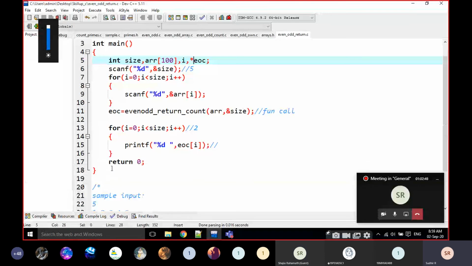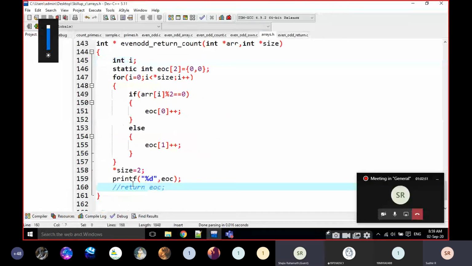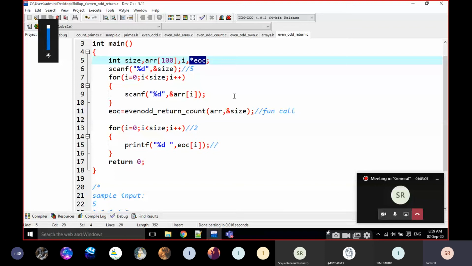That's why if I am going to pass the address, here I am returning the address, right? I am going to catch with pointer. Okay, I am going to catch with the pointer. I am going to take star EOC. That's why address is going to be catchable with only the pointer, right? Every time it is going to be catch with pointer only. Now, I think it is clear, right? Why I am writing star EOC: it is returning the address, right? That's why I am going to catch with the pointer. That's why I am taking a star EOC.